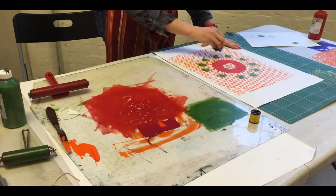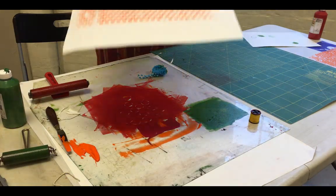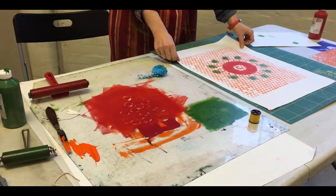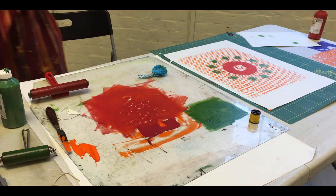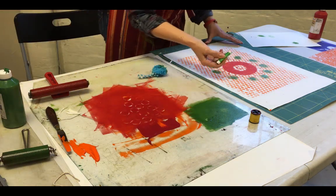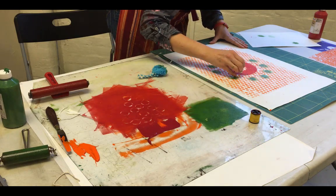Okay, so I'm just quickly going over the printing there, and then I have my green dots spread across the printing paper. And I'm going to keep going now. I'm going to keep trying a few different additional things to create a few more marks. So again, I've got another little reel of cotton there. It's a tiny paper one, and I'm going to dab, picking up some of the green ink and placing it